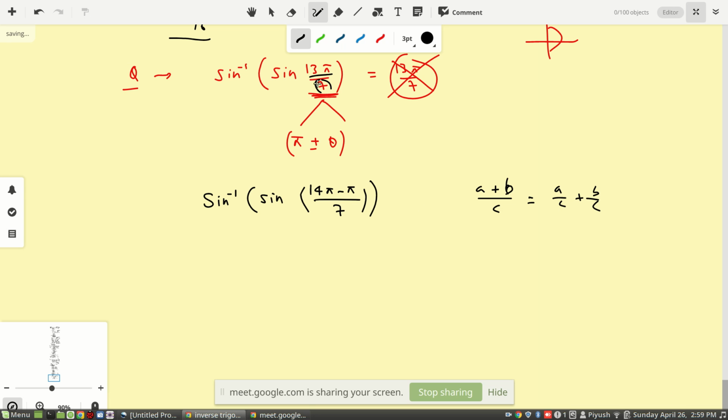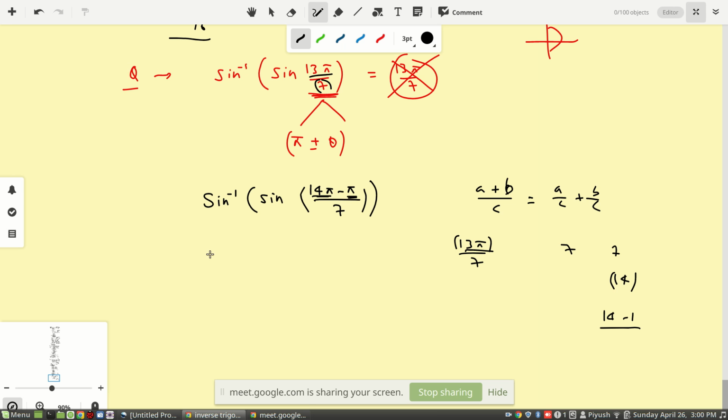And here the idea I told you: 13 pi by 7 is there. The first multiple of 7 is 7, then the second multiple is 14. So the nearest number is 14, and according to the nearest one, you make it up. So 13 can also be written as 14 minus 1. Incorporate the pi in both, so 14 pi minus pi. So 13 pi can be written as 14 pi minus pi. This step is very important. You need to repeat it again and again. I hope you are getting this.